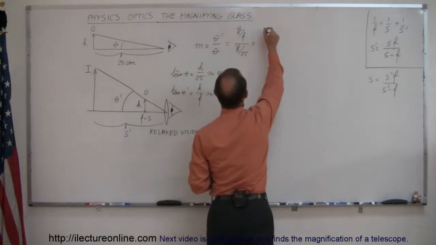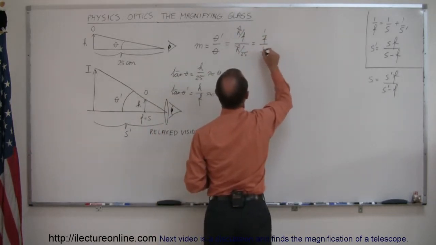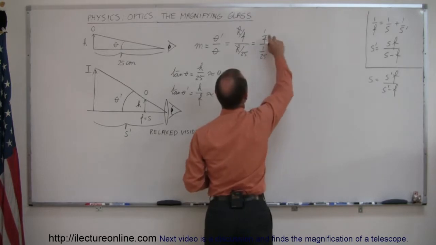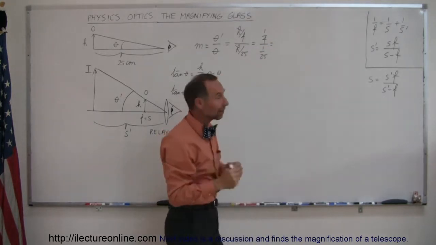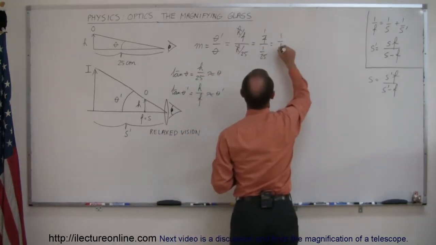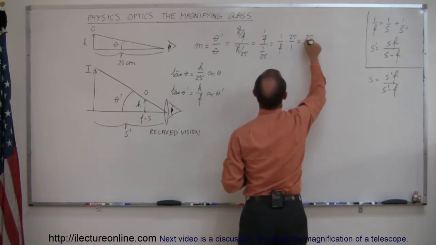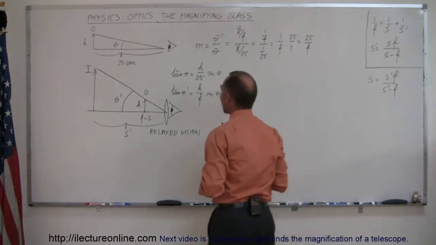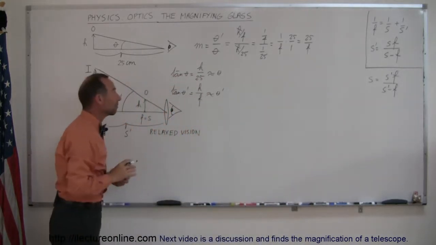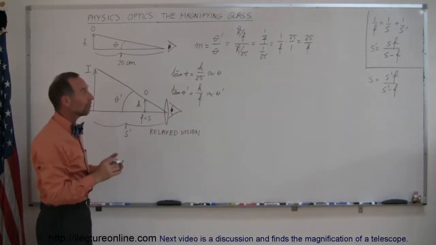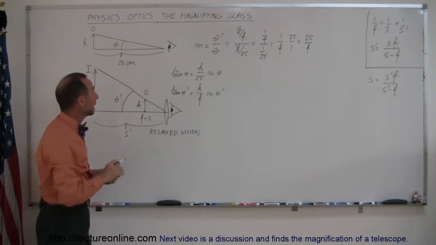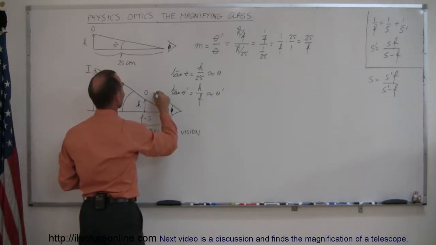So then we end up with 1 over f divided by 1 over 25, which, when we divide by fractions, is the same as multiplying by its inverse. So this is equal to 1 over f times 25 over 1, or equal to 25 over f. So you can see right away here that the magnification of a magnifying glass is simply equal to 25 divided by the focal length. And in the case of this lens, let's say that this lens has a focal length